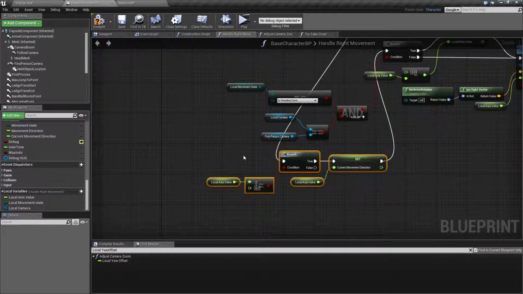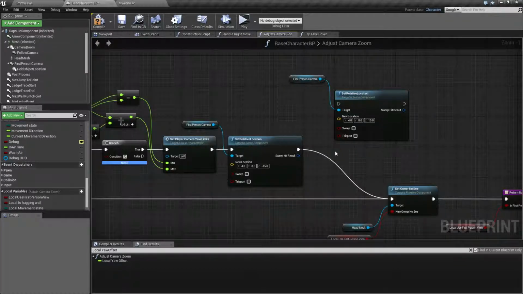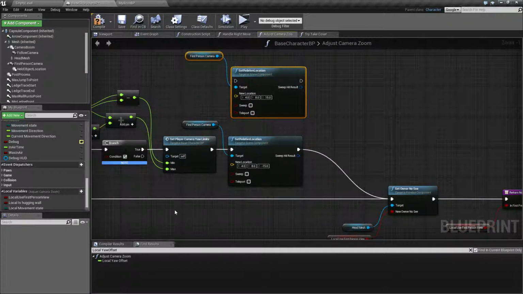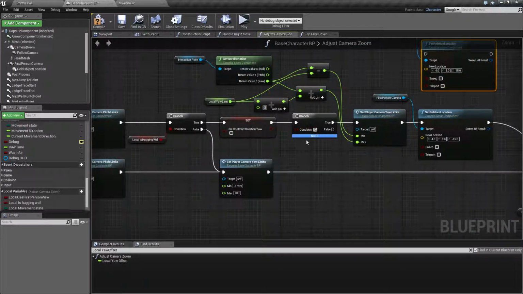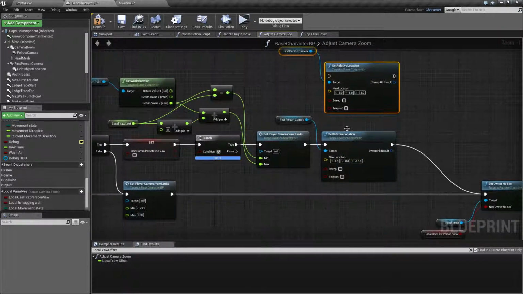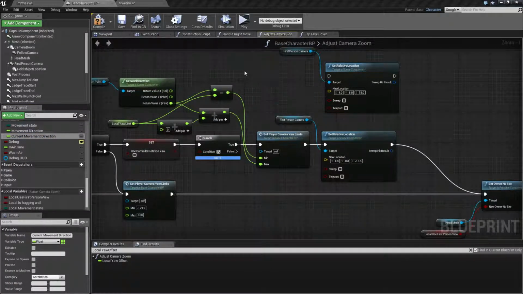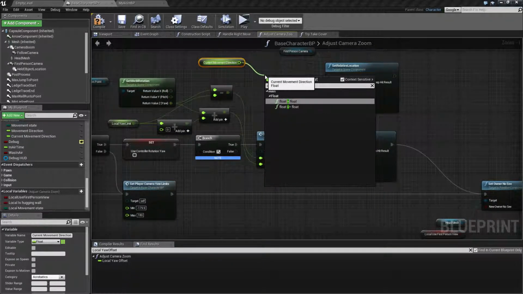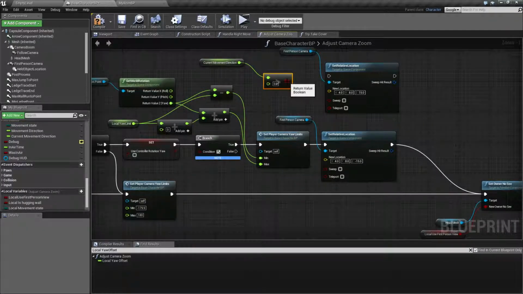So to test this out, we could go back to the camera zoom and say, okay, the easiest way to test this is to take these two here and ignore this one for now, just zero this one out. Remember, we had a good value of 60, and say, okay, depending on this current movement direction, get. So we want to say, okay, are you greater than 0? Then